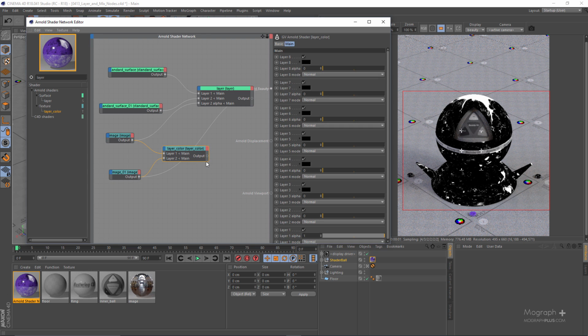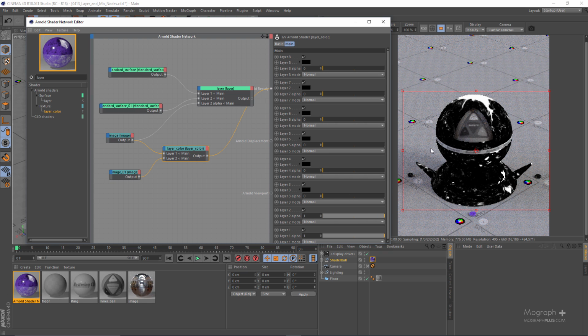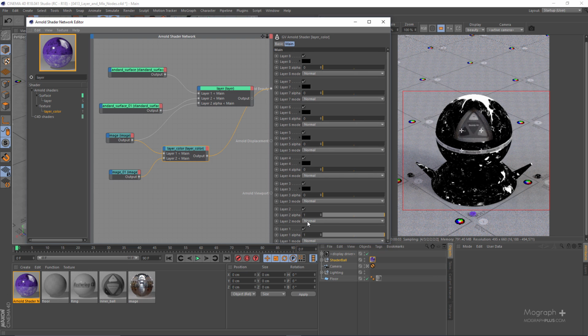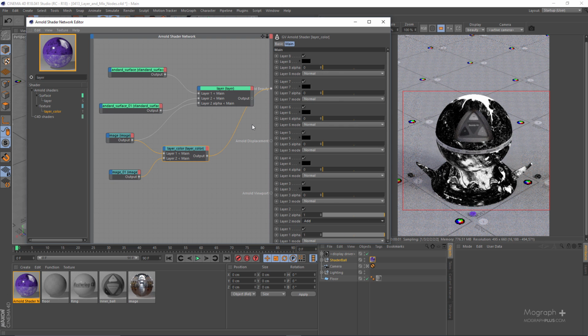Let me now connect the resulting layer color node to the Arnold Beauty just to see how the two layers work together. Right now we only see the first layer, the first image, because the alpha of the second layer is set to 0. So if I increase it now, the underlying layer completely disappears, and we need to change the blending mode. You can see we have this Photoshop blending mode in the layer color node that we didn't have in the layer node itself. Let's try add,